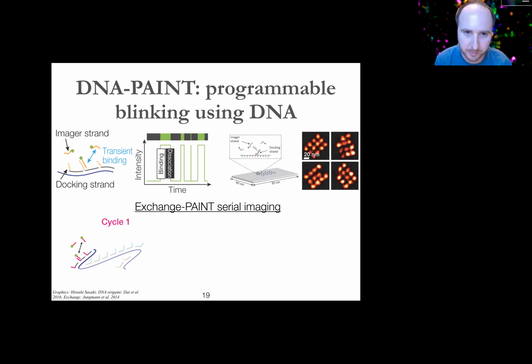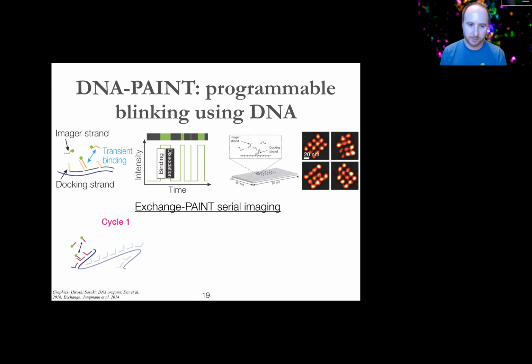So because the blinking is driven by sequence binding sequence, we potentially can design multiple orthogonal sequence pairs to use in multiplexed imaging. So the way that we can do this is, for instance, in this example, there are 4 different flavors of this docking strand, as we call it, that's going to target the paint imaging arrayed along, say, a stretch of chromosomal DNA. So the first one you're seeing here is the magenta sequence, and we can image that just as I described.